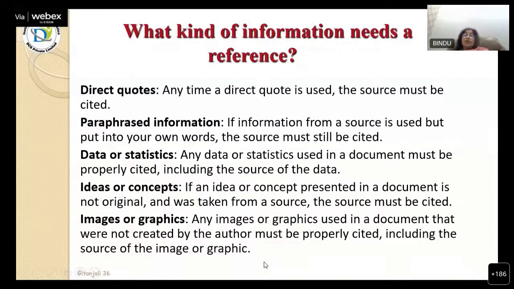So, there are different kinds of information which we may use in our article or in a synopsis or in a thesis. If we are using a direct quote, anytime a direct quote is used, the source definitely has to be cited. Sometimes what happens, we take some information from an article, but while we are writing our own article,